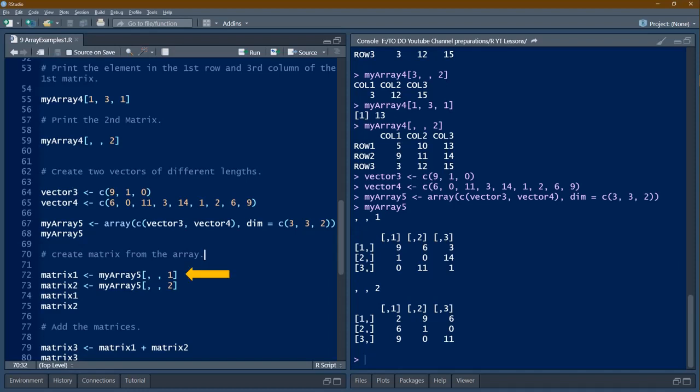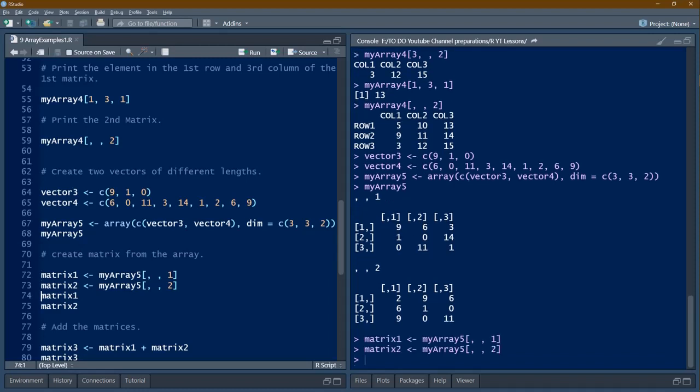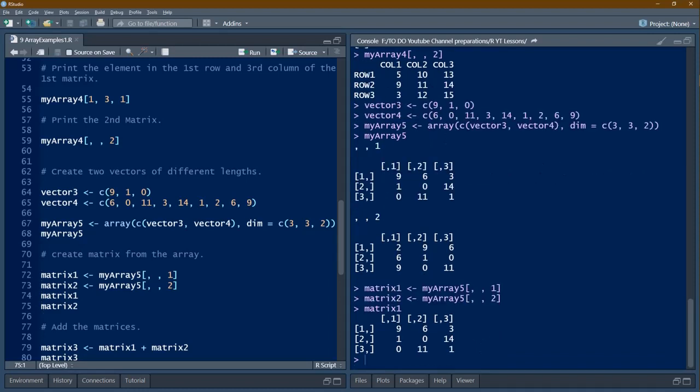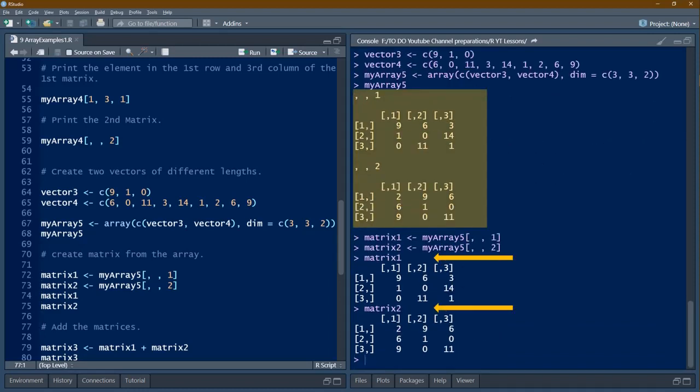So myarray5, from that I am extracting the first matrix. All columns, all rows, that's why the whole first matrix will come here. So matrix1, matrix2, let's see what is matrix1 and matrix2. So the same thing which is available here will be now known as matrix1 and matrix2.